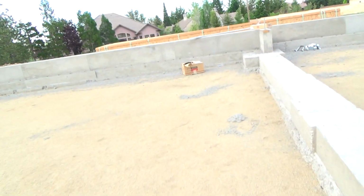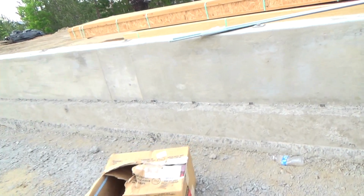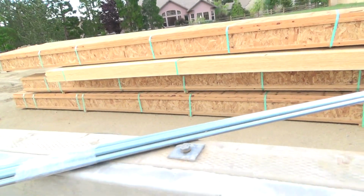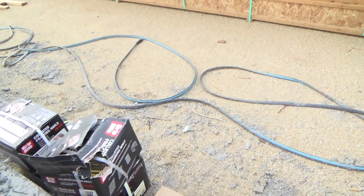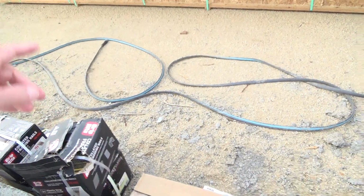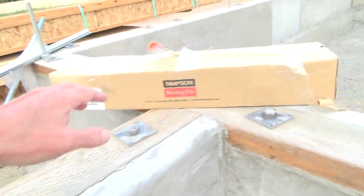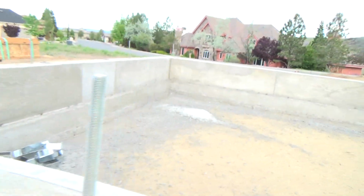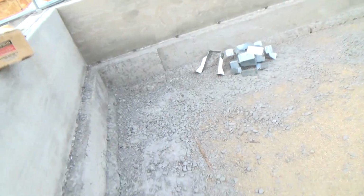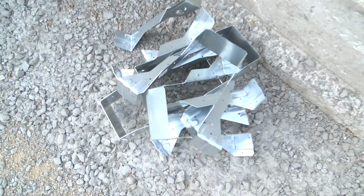And then see, here's they left some of their joist hangers out. I would never leave them out like in a wide open place like this, but they're pretty trusting of what's going on. See here, they've got their nails down here. Here's, oh, that's a hose. Here's some more Simpson strong ties. There's probably some in there, and here's some more brackets over here. Okay, so all kinds of stuff like that you have to use